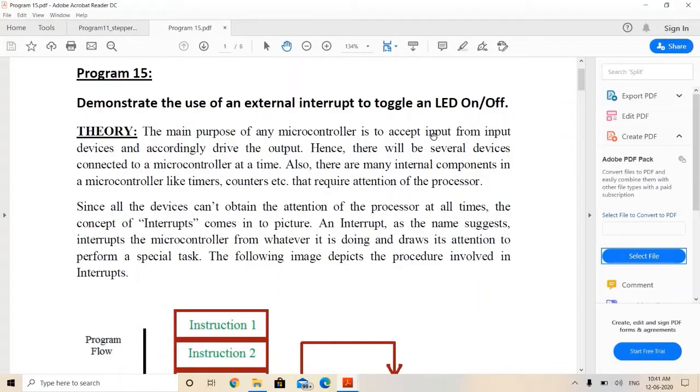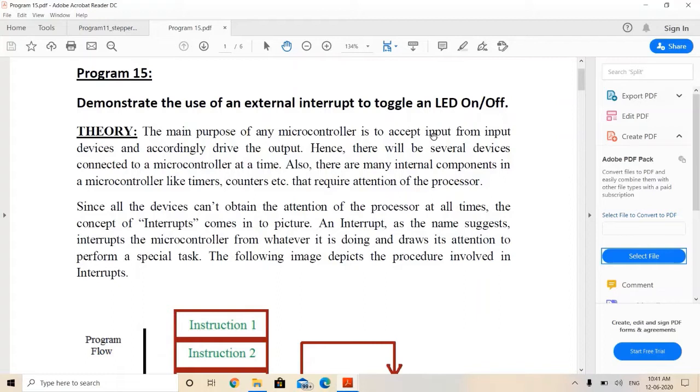As the name indicates, an interrupt is nothing but a request raised by any component. It may be an internal or external component. As soon as there is a request, the processor, whatever task it is doing currently, will just stop that, take the request from the interrupt, and provide service to the concerned device.